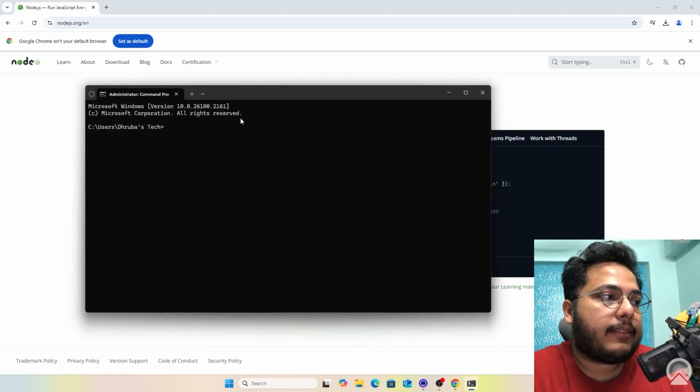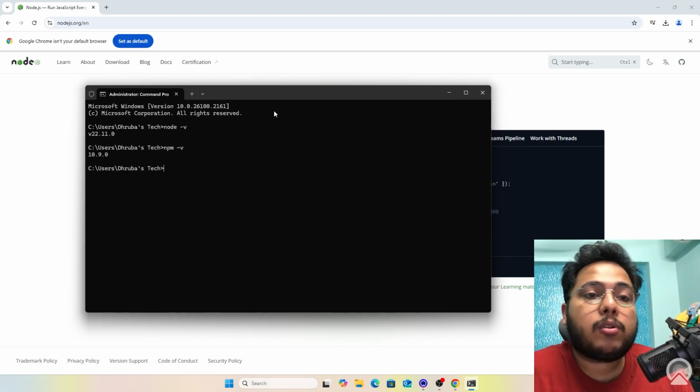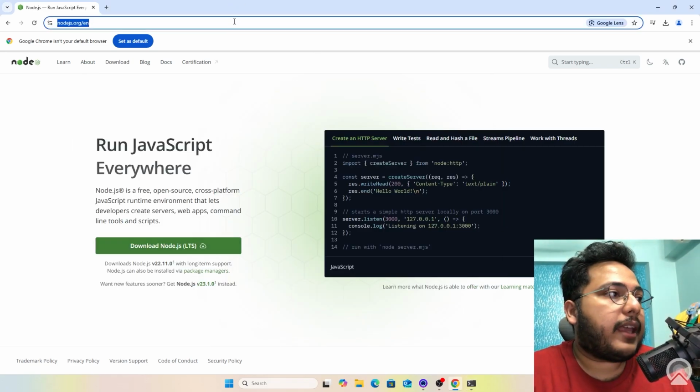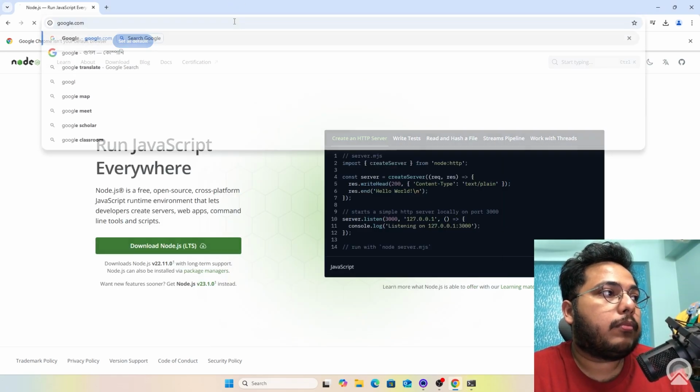After finishing we can check if Node and npm are installed by going to a terminal or command prompt and typing node -v, and it will show you the Node version. And also npm -v will show the npm version. So npm will also be installed if you install Node, so that's fine. Okay, after that we will go to